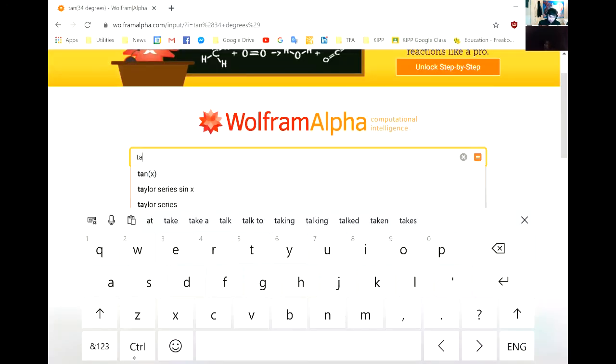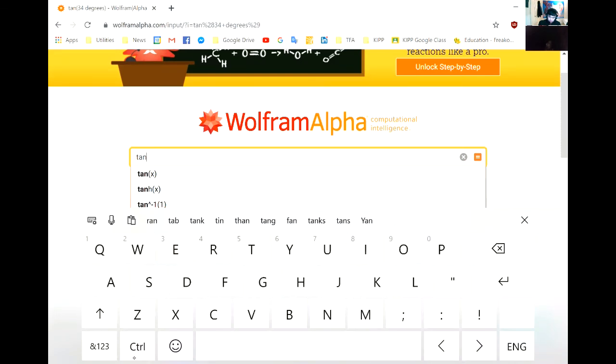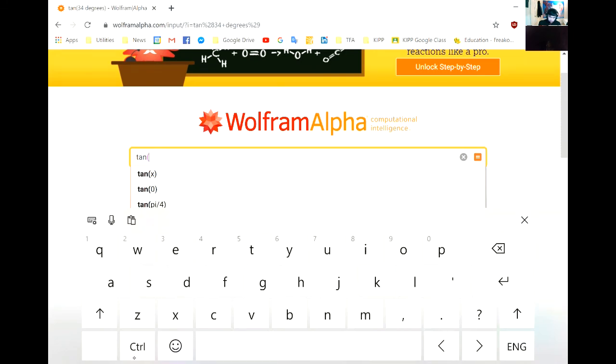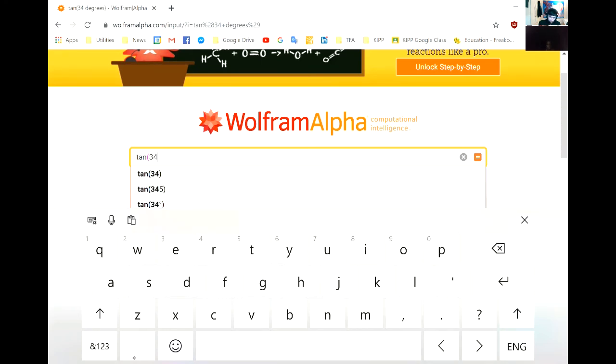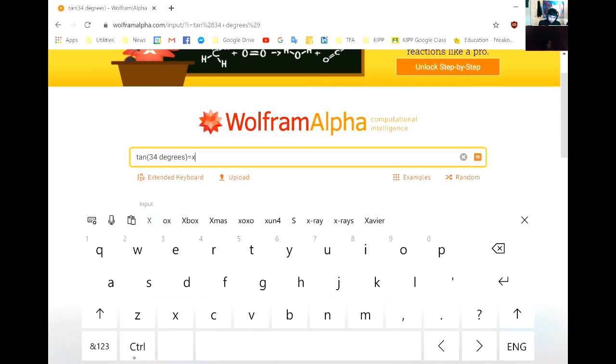So tan, where's the parentheses? There we go. Parentheses 34 degrees equals x